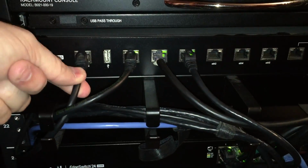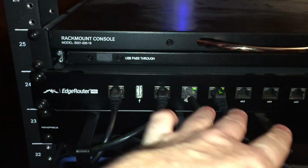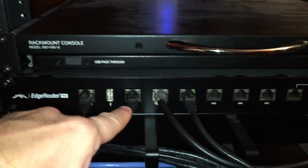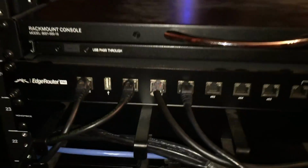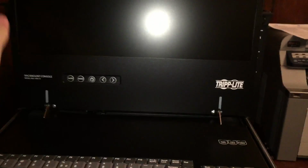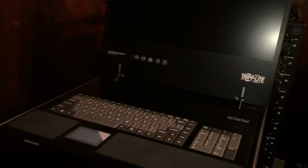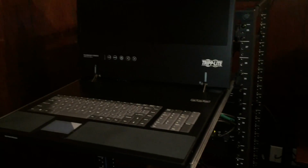This is for the console, so you can log into it even when the network's down. And then these two are the WAN and LAN lines. I think these two are the WAN and this third one is the LAN line. But this guy, I haven't talked about this yet. It's kind of cool. So right from my rack, I have a keyboard and mouse. I'm trying to back up so you can see it a little better. And I think it'll be like on my...